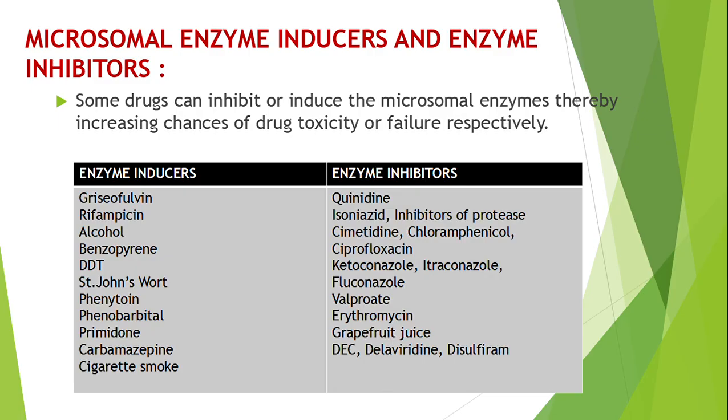Some drugs can inhibit or induce the microsomal enzymes, thereby increasing chances of drug toxicity or failure, respectively. So, enzyme inducers. Some examples given here are griseofulvin, rifampicin, alcohol, benzopyrene, DDT, St. John's wort, phenytoin, phenobarbital, primidone, carbamazepine, cigarette smoke. These are enzyme inducers. And the examples of enzyme inhibitors are quinidine, isoniazid, protease inhibitors,